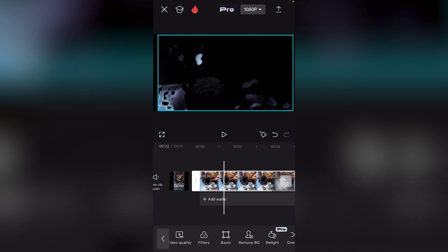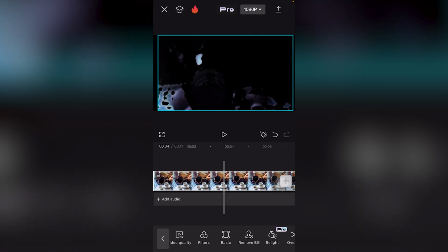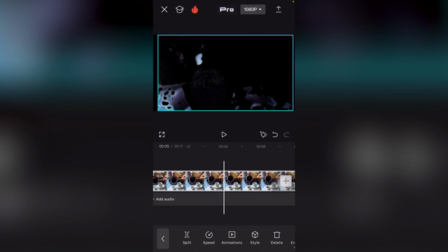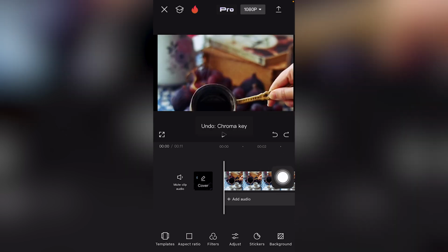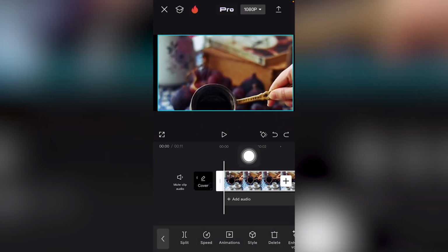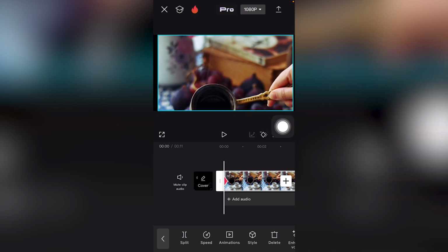Bonus tip is if you want this to happen, let's say, at this part of the video, all you need to do is split the video to this. Now, what we're going to do is undo. We're going to click this, add a keyframe, the diamond icon right here, and you want to scroll to the right,